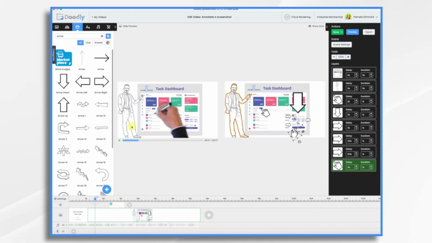So let's just see. Plus new button at the top over here, or go straight into the new task panel